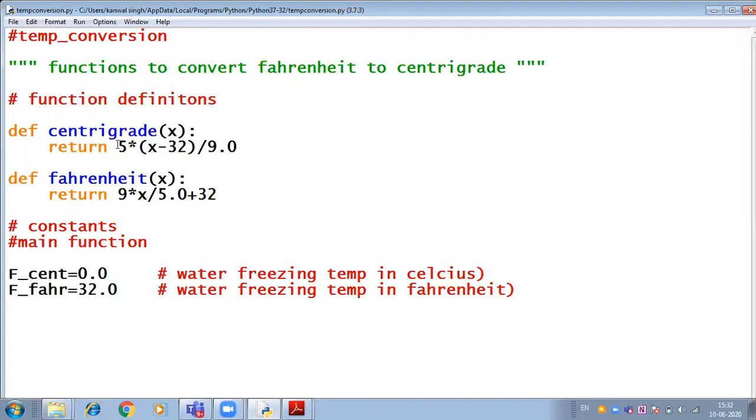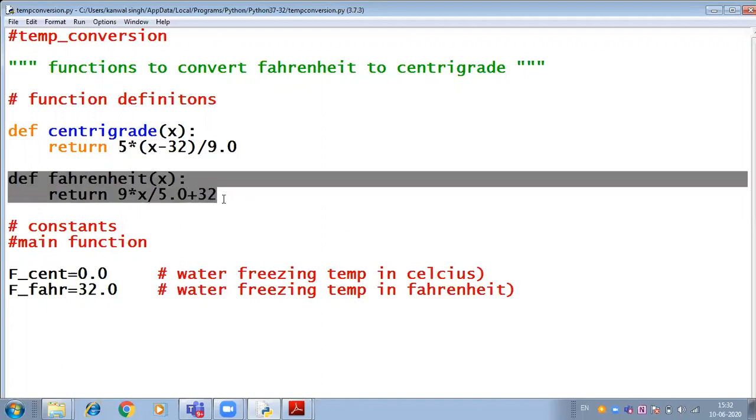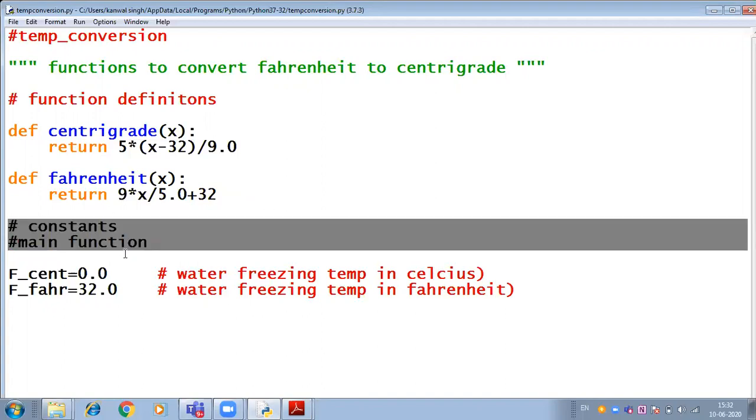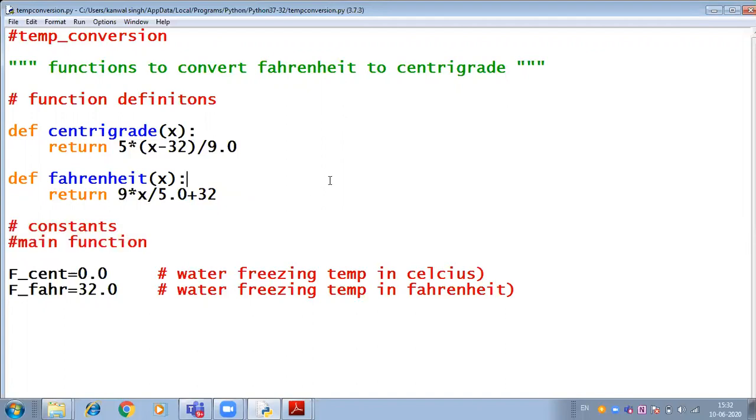Here you'll find the formula to convert Fahrenheit to centigrade. Then there is one more function with the name Fahrenheit, which is used to convert centigrade into Fahrenheit. Then in the main function, remember that in every program, in every module, there must be a main function which works as a driver function of the program.